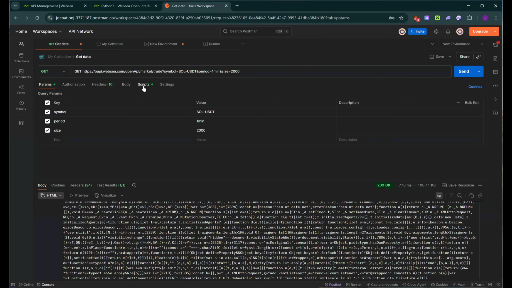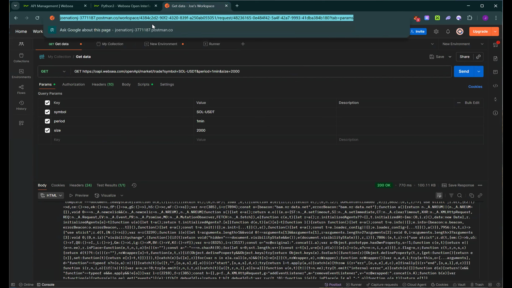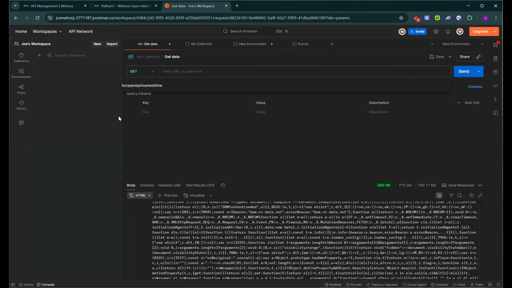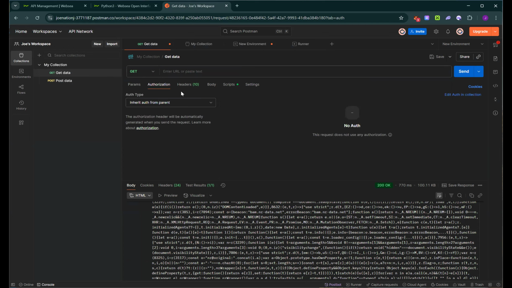I'll move straight to my Postman. This is a web Postman, and we have our values loaded here. So if I go to collection, what I want to do here is that I won't want to use the